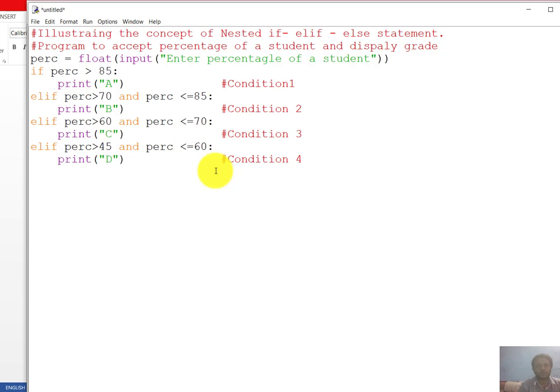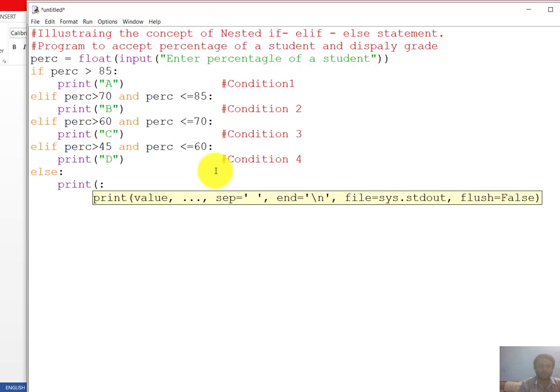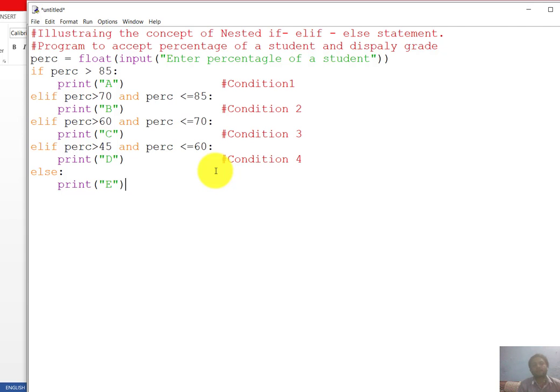This is the fourth condition. Okay, so all the conditions have completed, and last is what? If the user input is below 45, no need to check once again, so you can directly execute that, which should be in what range, that is grade E. Clear? So this message will be executed. So I think you all understood how to create any program